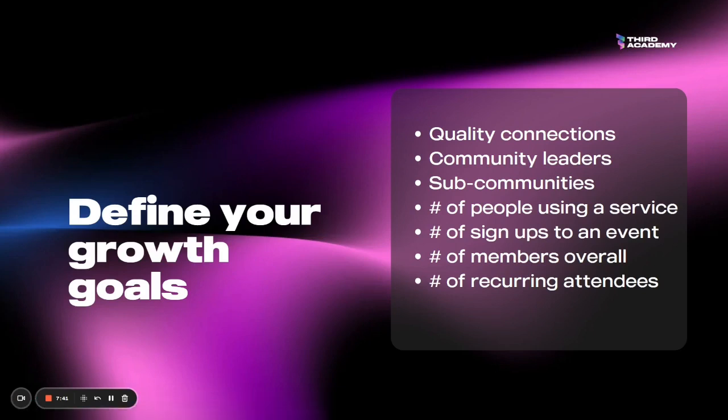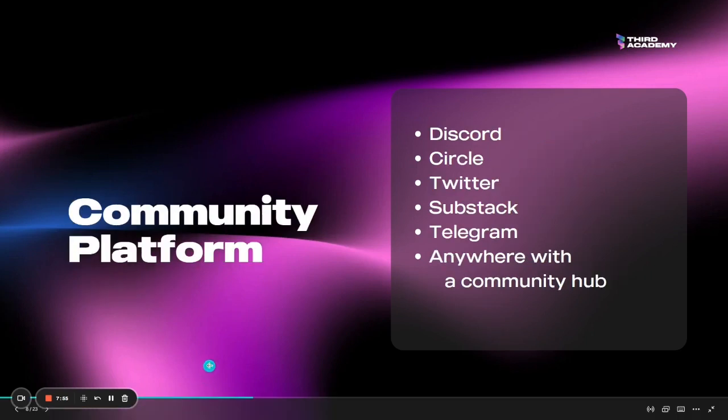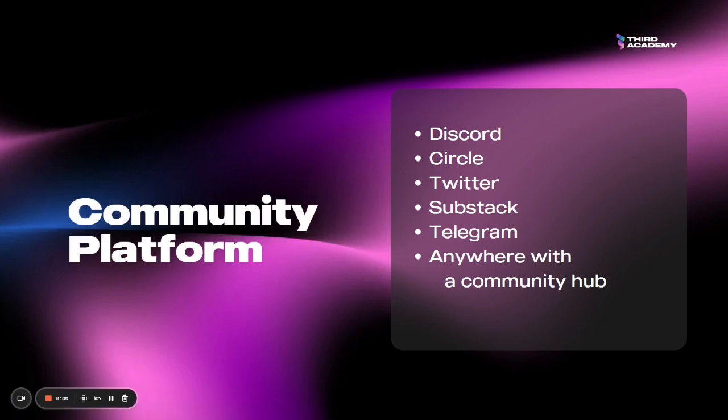As you go along, you will find more, and maybe depending on the project that you're working with or your own goals, you'll find different ways of defining growth for yourself. So depending on whether this is your own project or whether you are being hired to work on a certain project as a community manager, maybe the project will already have a community platform, or you might have to create one. So different community platforms offer different things.